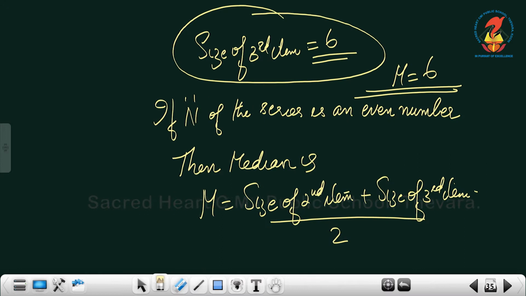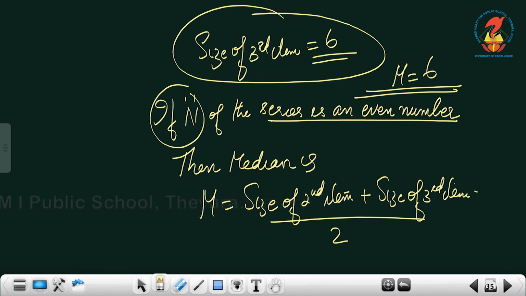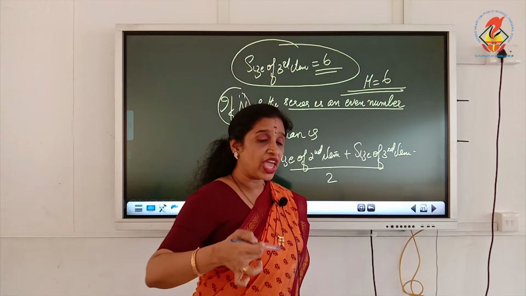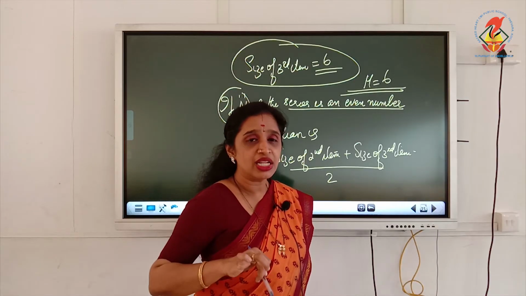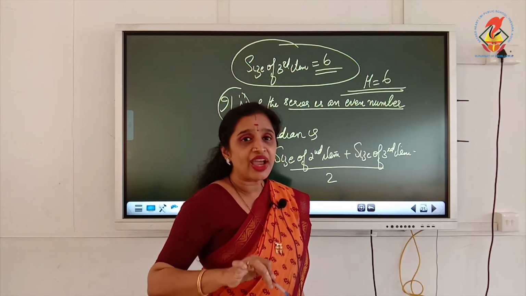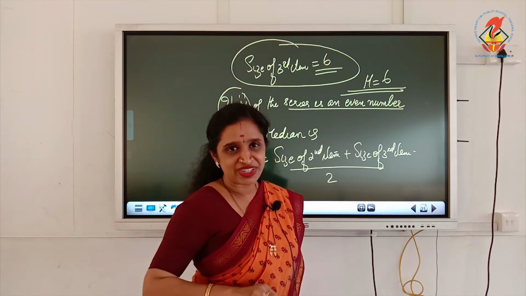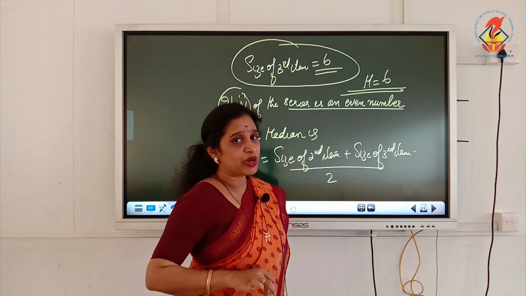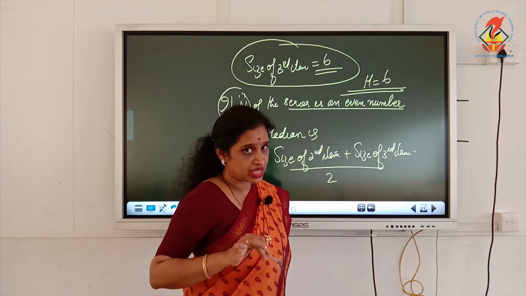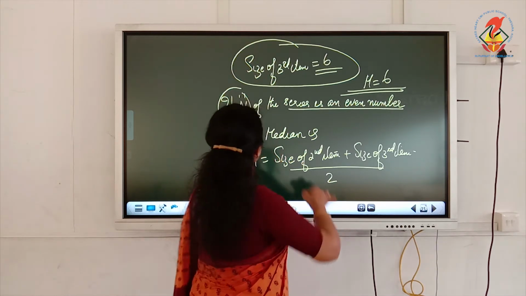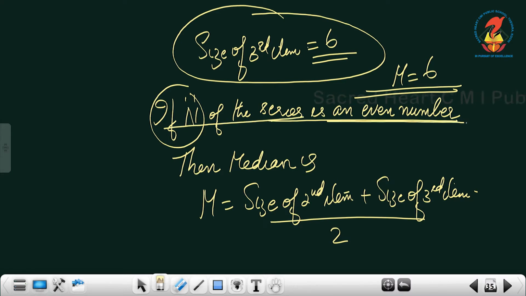But now my question is this: if n of the series is an even number, we are adding n with 1, n plus 1. So if that n is an even number, when we add 1, it will become an odd number. So when it is divided by 2, we will get it in decimal points. Therefore, in that situation, if n of the series is an even number, keep it in mind,